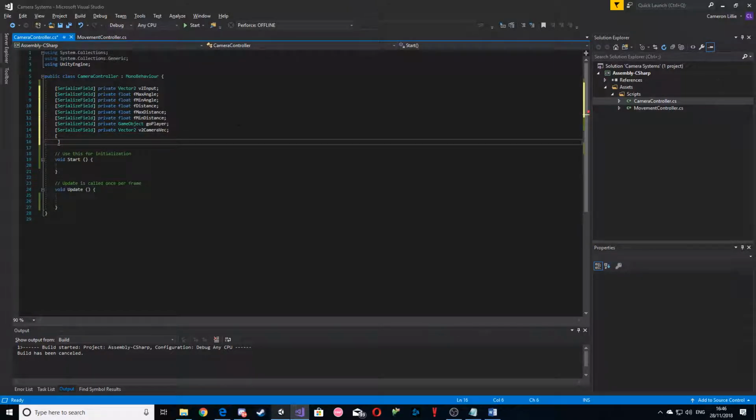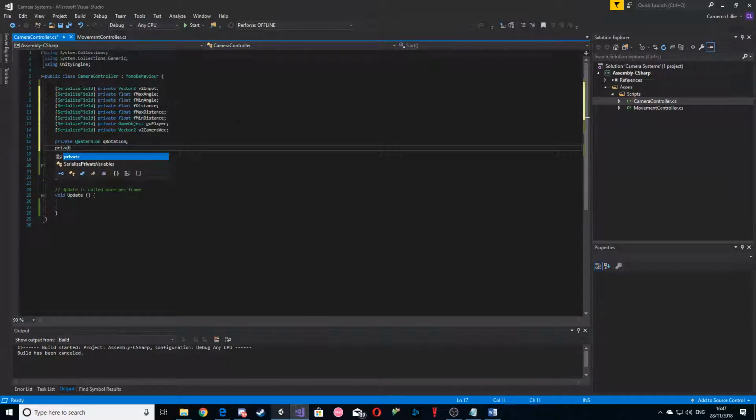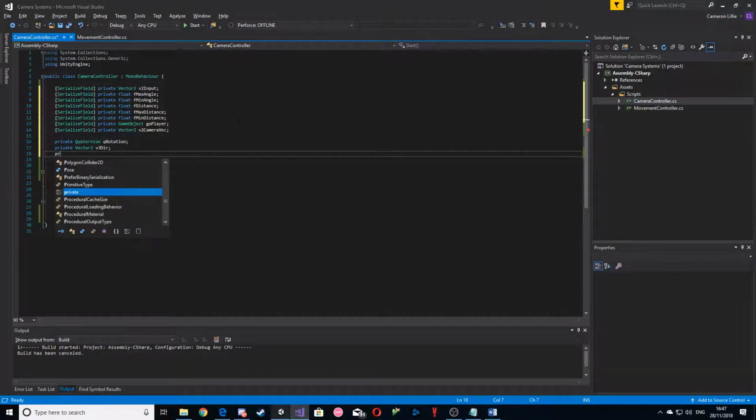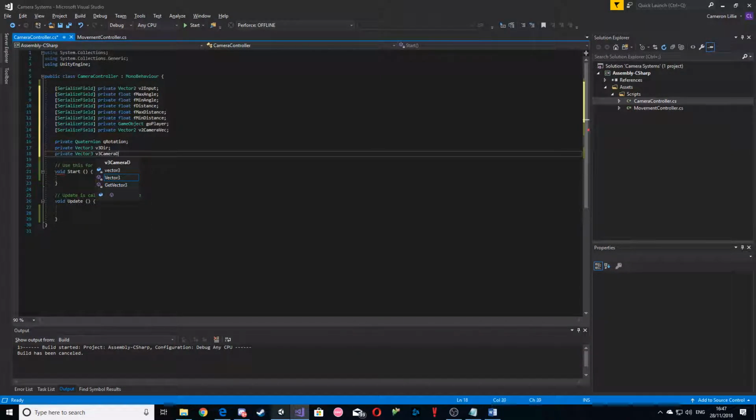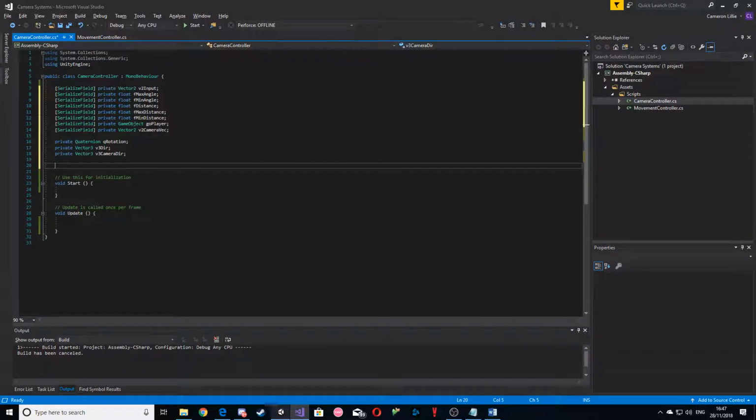We can move on to the private things now, things we don't really need to see in the editor. So we need a private quaternion called QRotation, a private vector 3 called V3 direction, and another private vector 3 called V3 camera direction, which is the direction from the player to the camera. And now we can have all of our settings here. So we can have another serialized field. We'll put this as a private float f sensitivity